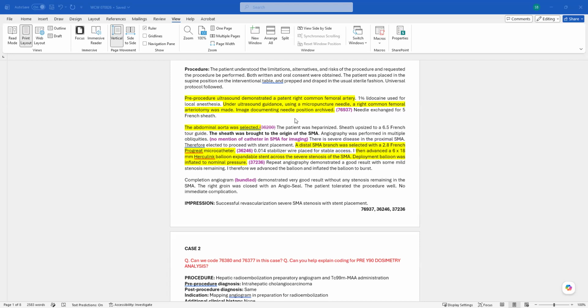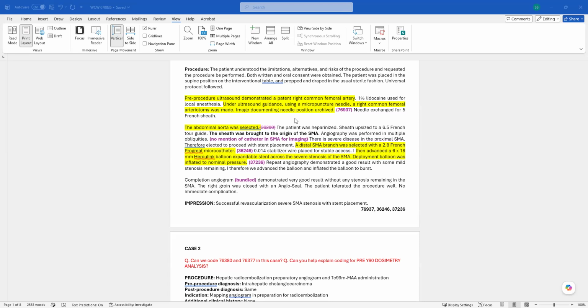The problem with this statement is that we don't have specific mention of the catheter going into the superior mesenteric artery for imaging. In order to assign code 75726, that code represents selective angiography. So we would need to know that the catheter was actually in the superior mesenteric artery in order to assign 75726. Although the statement was possible angiogram, which would allow us to report the imaging, the actual documentation itself